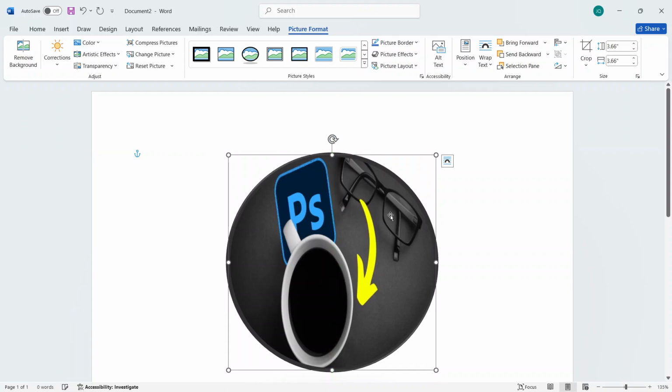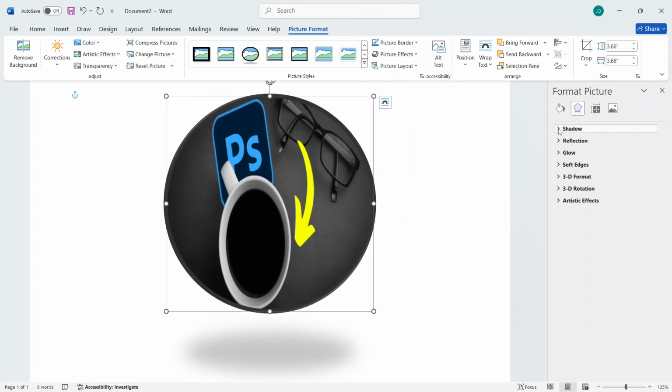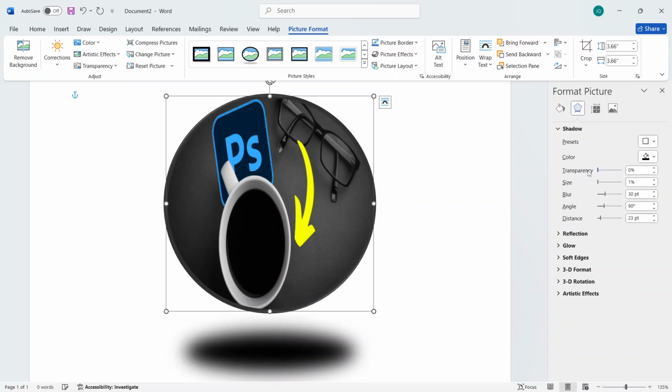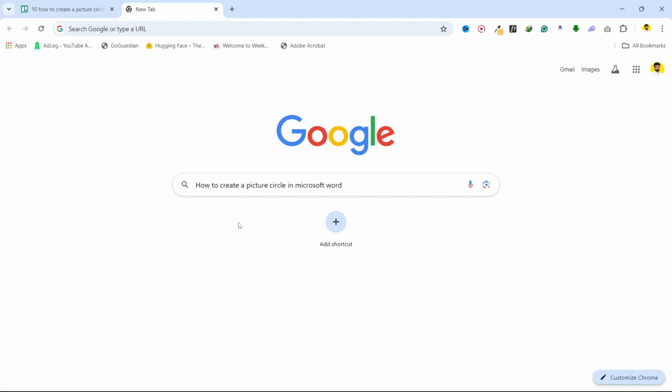You can move, and if you want to do any extra things you simply need to click here shadow. So here it is a shadow, so I do not want any shadow, so you simply need to increase the transparency here. You can increase the size, anything that you want to do, blurriness, so it is up to you that you can play. So this is a process that you need to follow to create a picture circle in